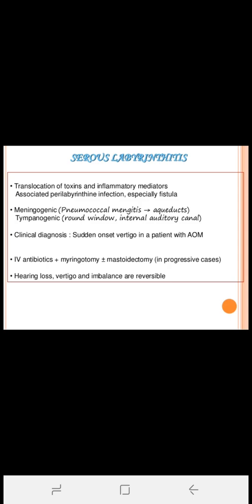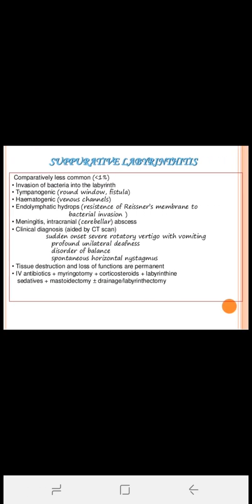We have to give high-dose IV antibiotics, and do myringotomy with mastoidectomy in progressive cases. The patient might have hearing loss, vertigo and imbalance, which are reversible. When the patient is still in the stage of serous labyrinthitis, the imbalance is reversible. Once you cure the infection, the patient might not have this imbalance problem. But when pus formation starts, when the infection spreads and pus collection is there, it will